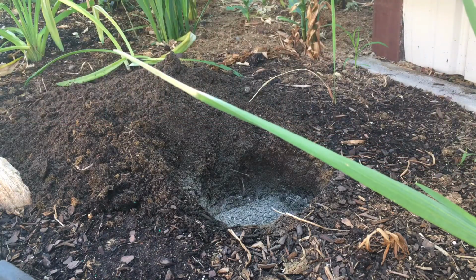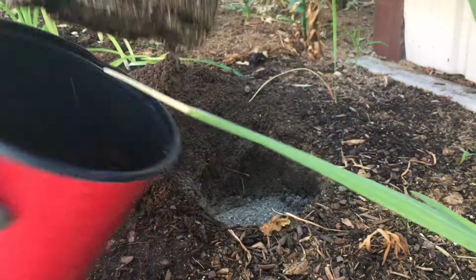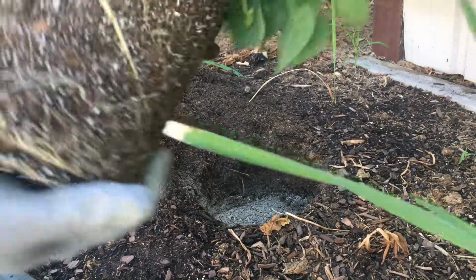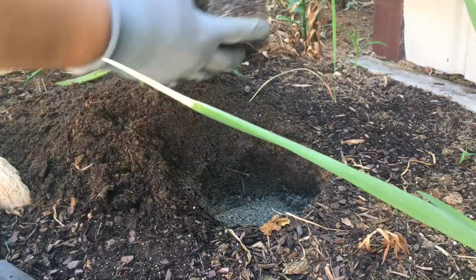The last way that I know these can be started or propagated is by division. And that's how I got most of mine. Let's just pull the pot off here. Now, you can see it's not root bound or anything, but if we turn it around here, you can see the roots do get thicker. Eventually they end up thick like a carrot, and